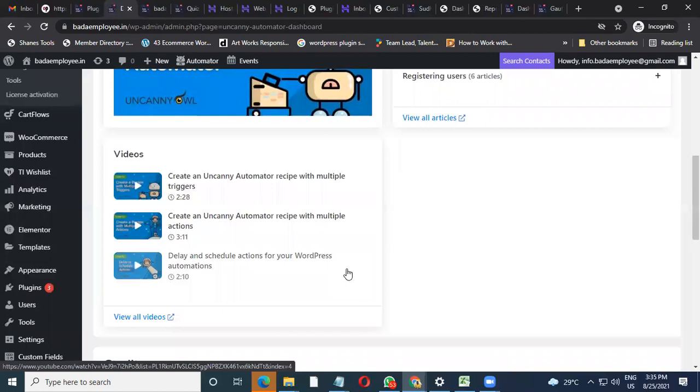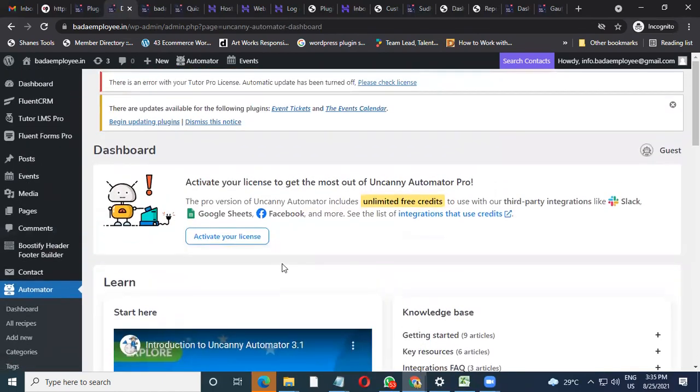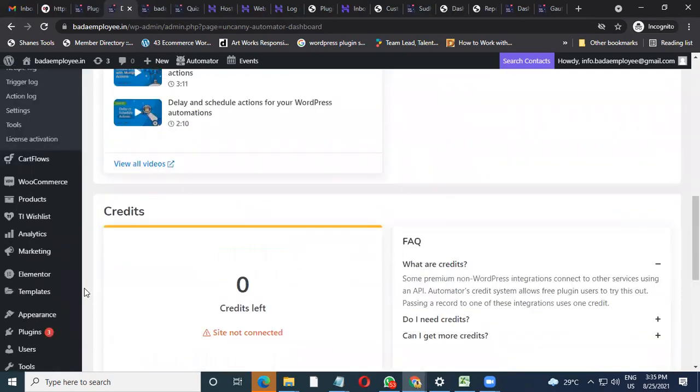If you are someone who wants complete automation, you don't want a headache of anything, so we need to create our automation process first. Say for example, someone is buying your product directly from your website or from your landing page, what happens next to them? We need to create a flow, and the flow can be created with this Automata. So Automata is also there with you in this process. So don't worry about it.